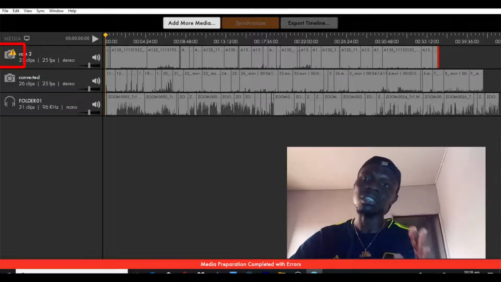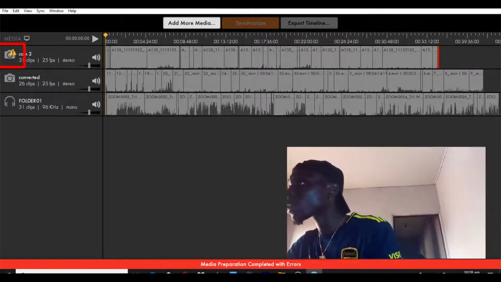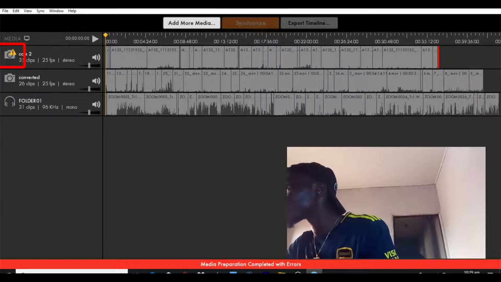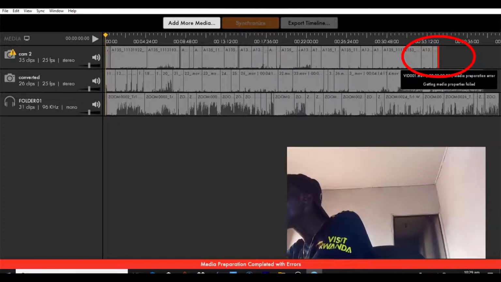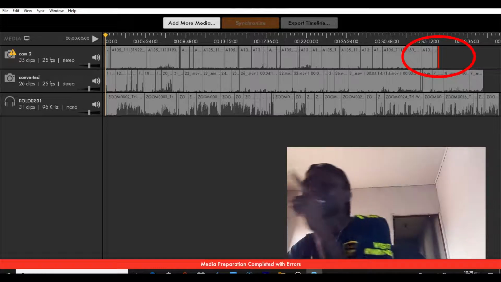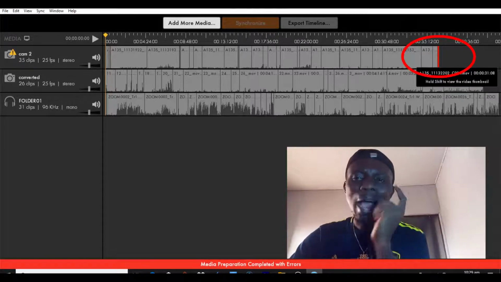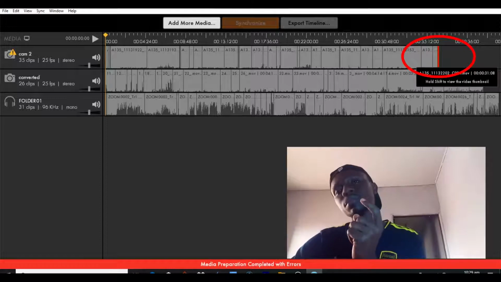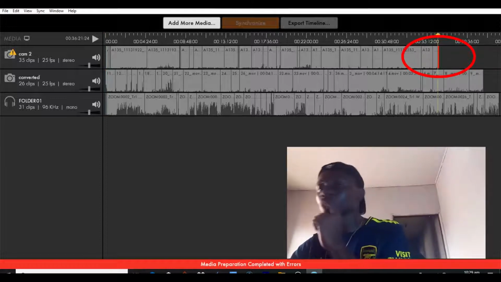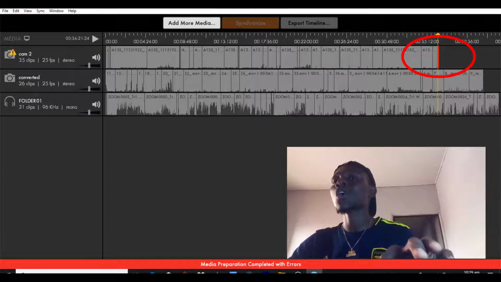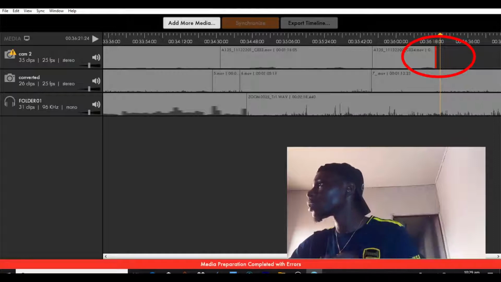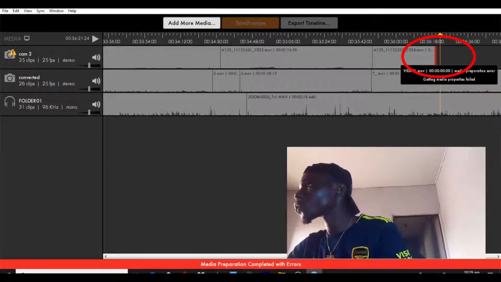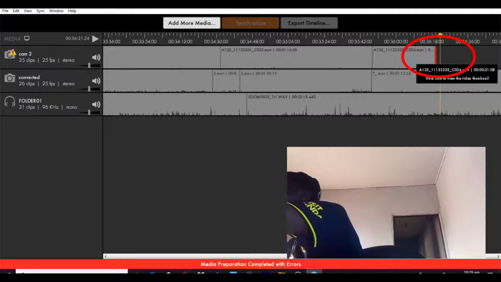As simple as ABCD. Take a look at these clips to the end. You see that you have a red sign here that shows you that a particular clip there is having an error. Let's zoom in very well. You can zoom with the plus on your keyboard. You will see, look at it here. You put your cursor close to it and it will tell you